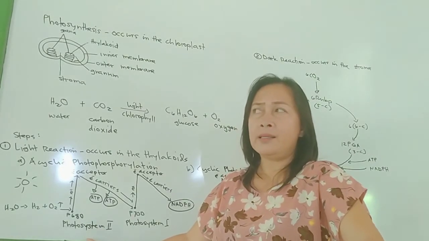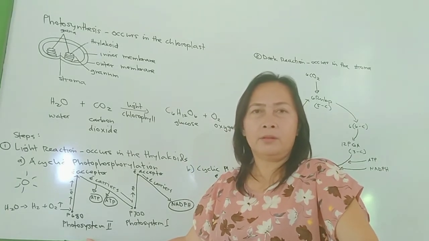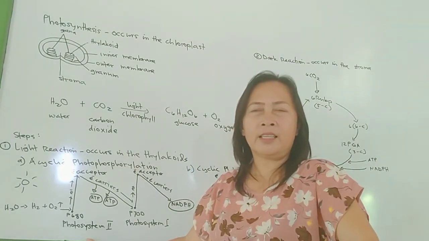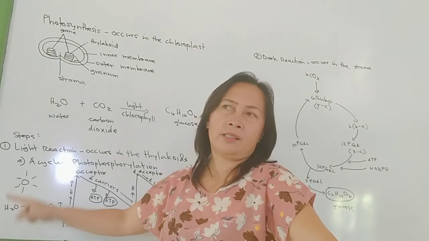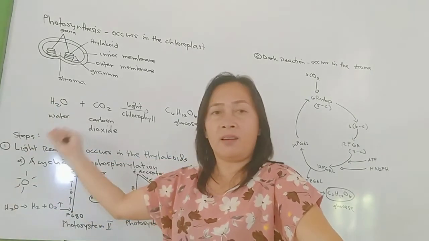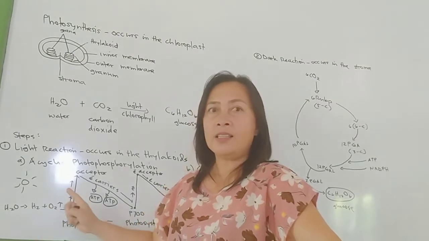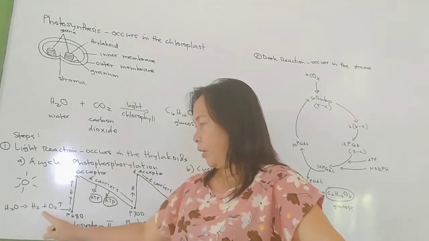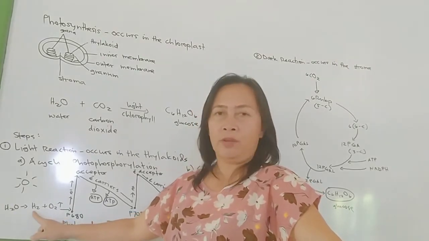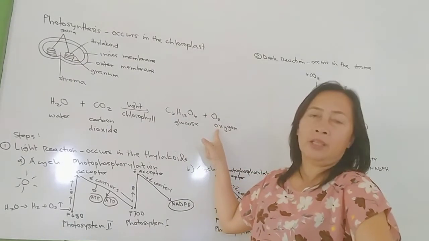Regardless of how dirty we are in God's sight, God can still use us as long as we are willing to be used. Like this water, whether it's very dirty from the CR, from the canal, from the septic tank, as long as this can be split, the hydrogen is used to replace the lost electron and the oxygen will be one of the